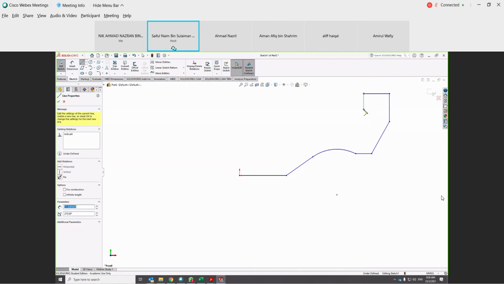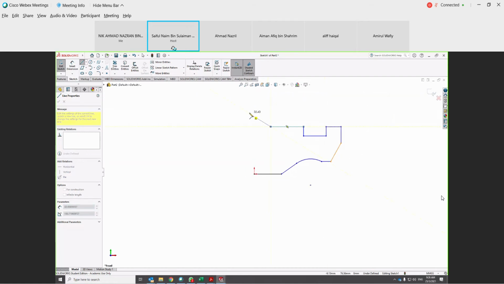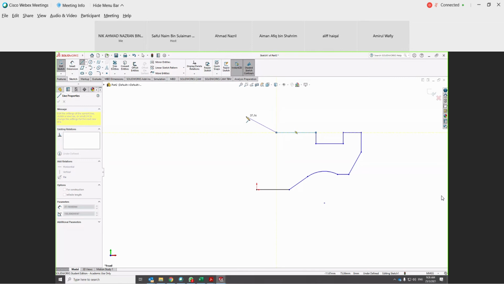Then vertical line downwards, and then horizontal line, then again vertical line, and then horizontal line, then some line incline upwards, and then some line incline downwards, and then horizontal line, then lastly,